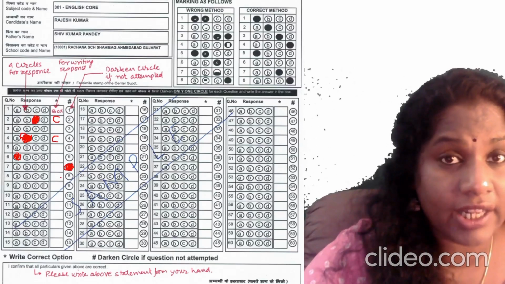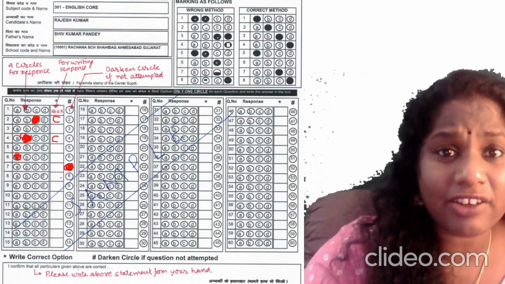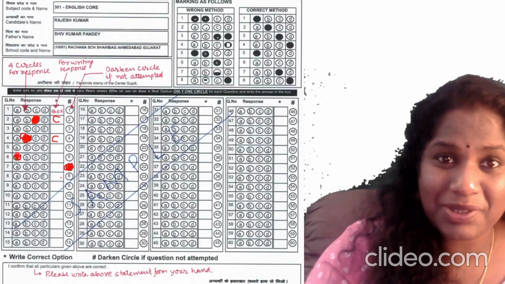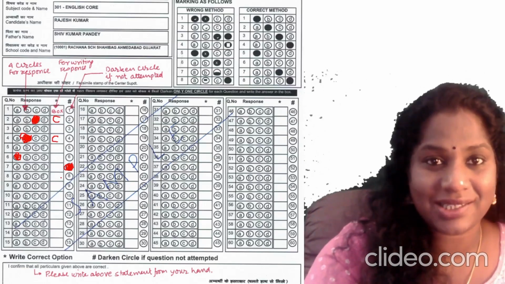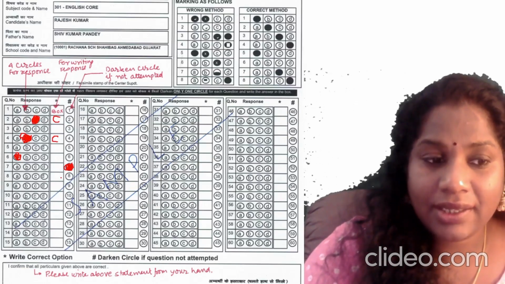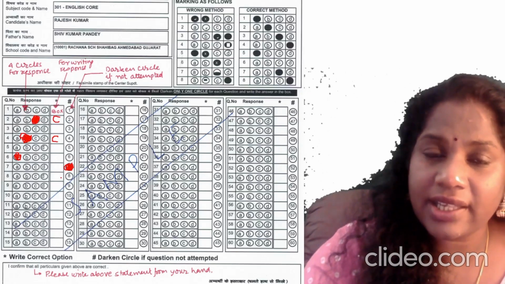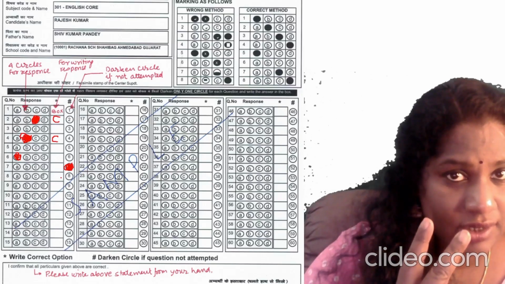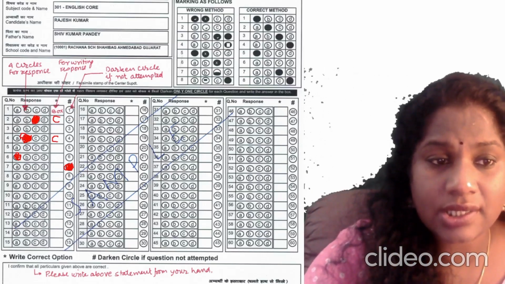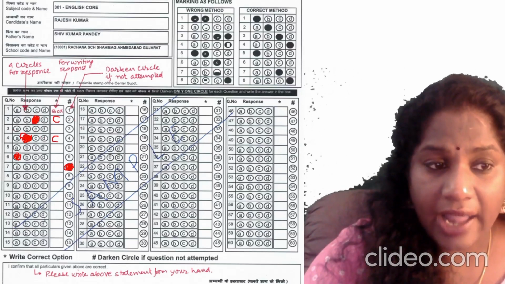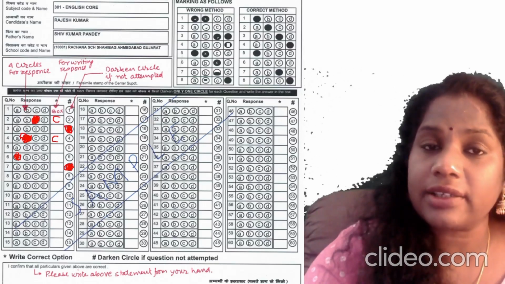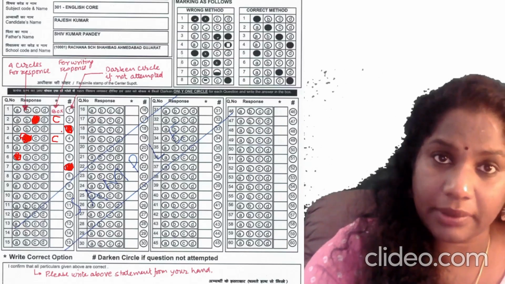But please don't leave any question unattempted because there is no negative marking. So take a chance. At least do a guesswork. Use elimination or something and write your answer. Don't leave anything unanswered. But then there comes a situation: in section A, there are 10 questions. You have to attempt only 8 questions. So you are leaving 2 questions. If you are leaving those 2 questions, mark them under hashtag. I am leaving question number 3. I don't want to do that because I feel question number 4 is better. I understand 4 better. So I am going to darken 3. I have not attempted 3.